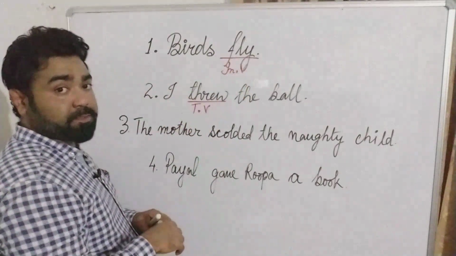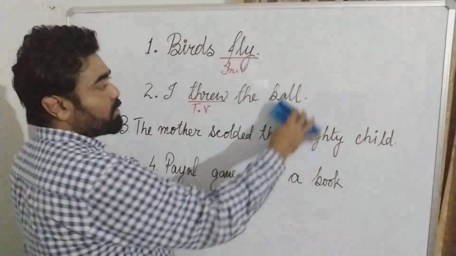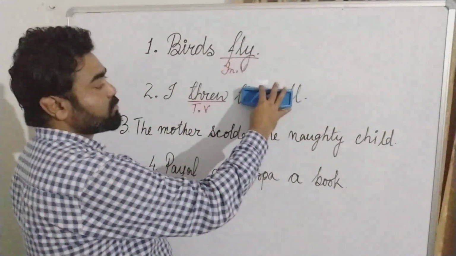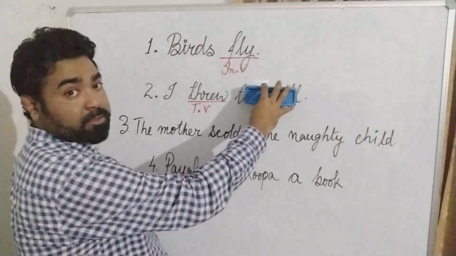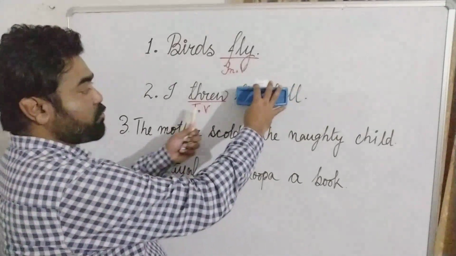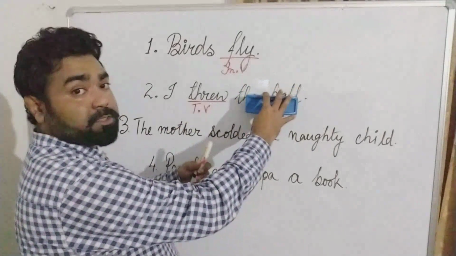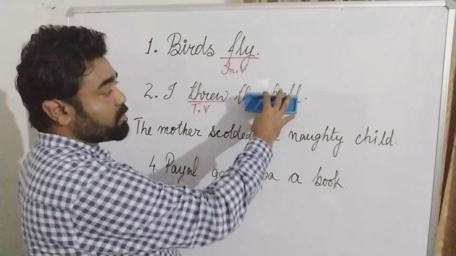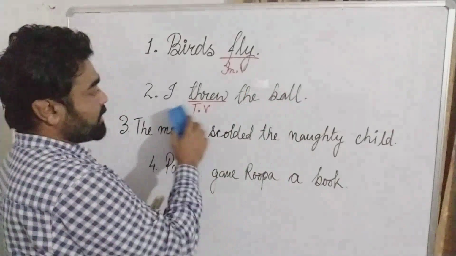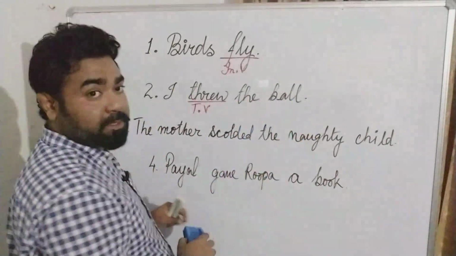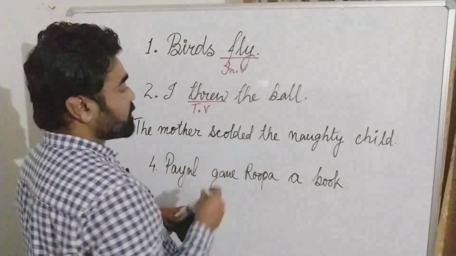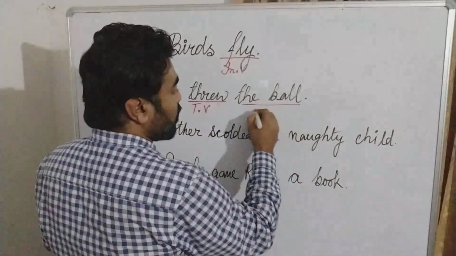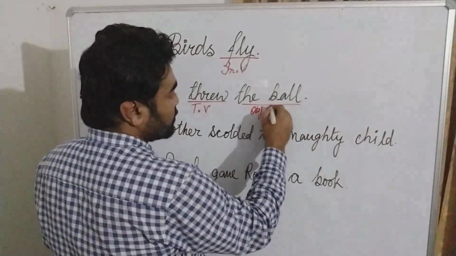Whereas let us look at the second sentence from the book. The sentence is I threw the ball. Now if I omit this part, what is remaining? It remains I threw. Now I threw, does it make complete sense? It does not, right? So the verb threw requires some extra words to complete the meaning of the sentence, to make the sentence meaningful, to make it a complete sentence. So we supply the ball. I threw the ball. Now the sentence becomes complete. So hence the ball can be called the object of the verb.